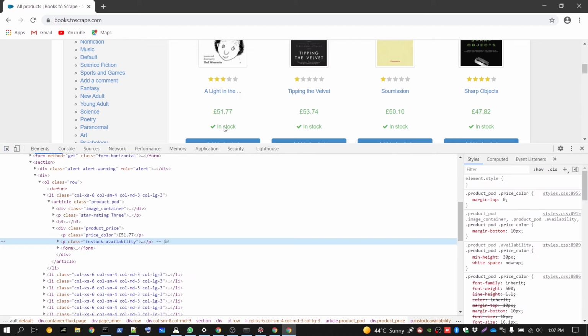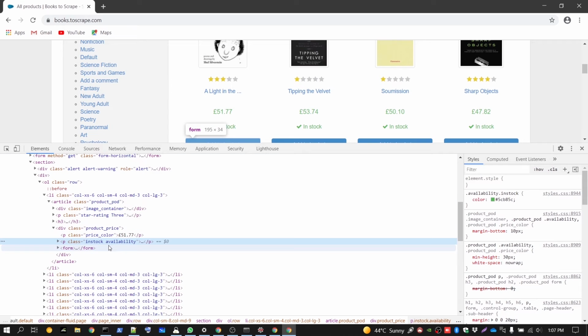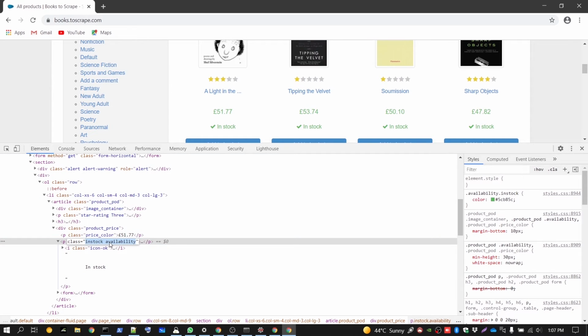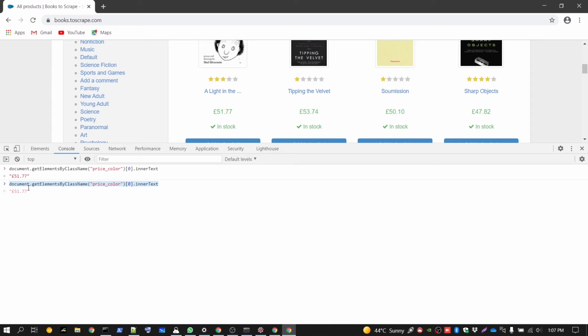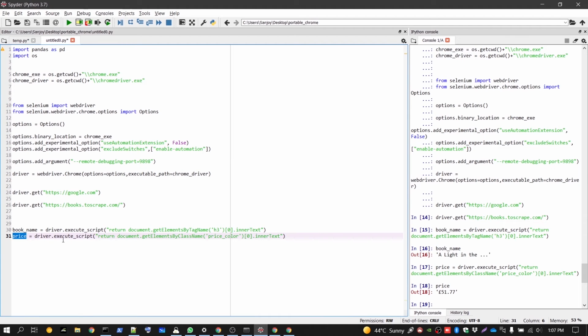Now we look at the third value, which is in stock. So it says in stock availability. Now we go here in console, and because this is also a class name, we can just paste this out here and get the same value. Again, copy this entire thing, go here, we say await